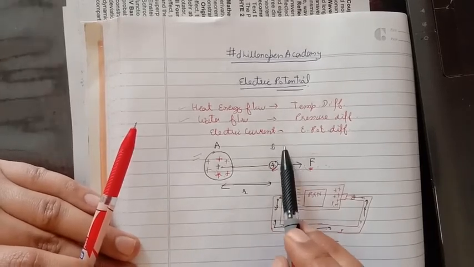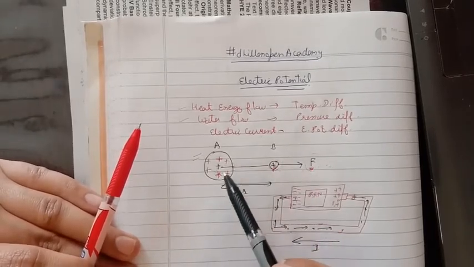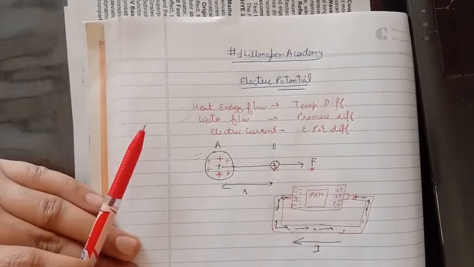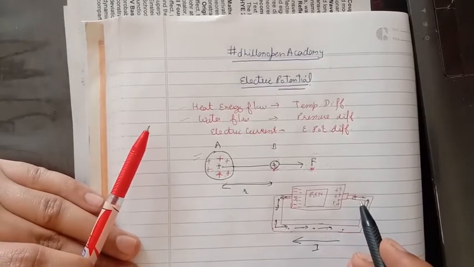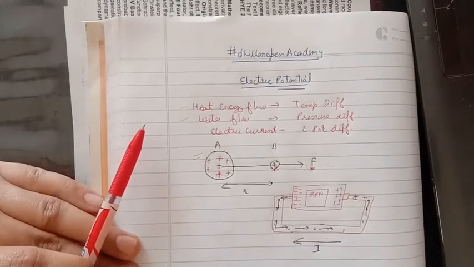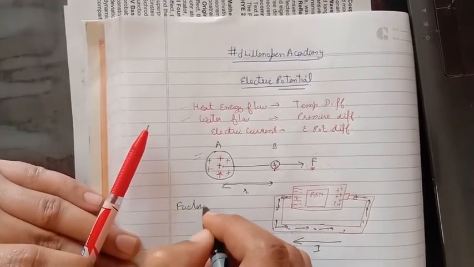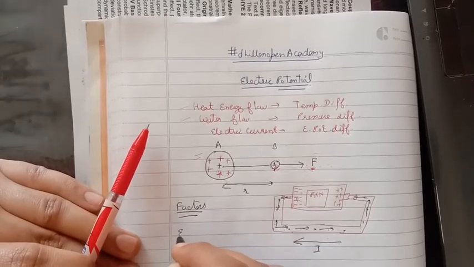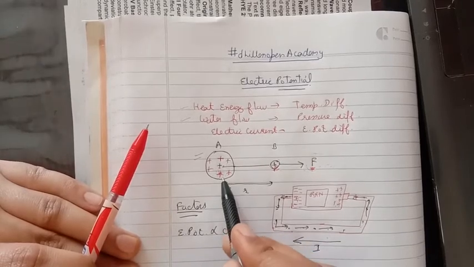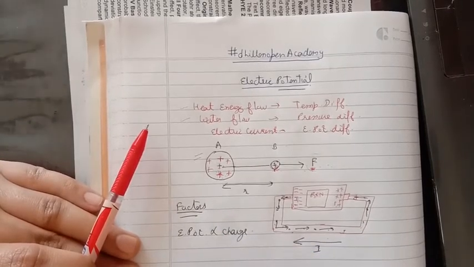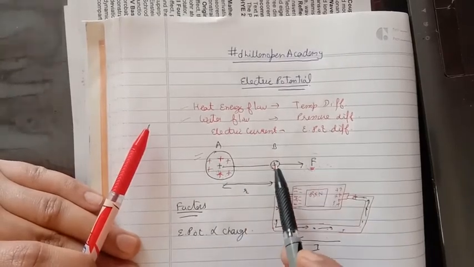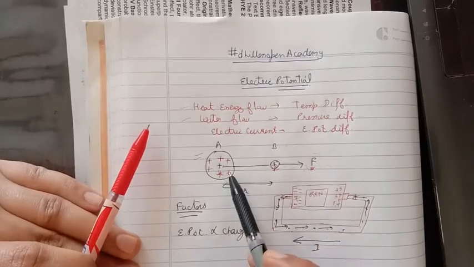Thus, this electric potential is nothing but the ability of a charge or charge system to apply a repulsive force onto other charges so that it can make them move in a particular direction. And this electric potential can be increased greatly by two factors. What are those factors? First, the amount of electric potential that a body can possess is directly proportional to the charge present on the given body for which we are calculating the potential. Greater the amount of charge, more repulsion it will apply, more conversion of potential into kinetic energy, and a greater potential will be there.